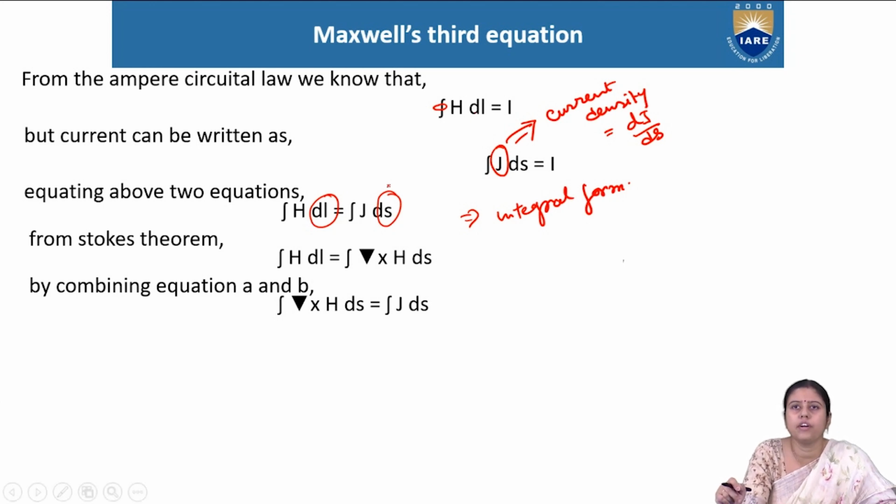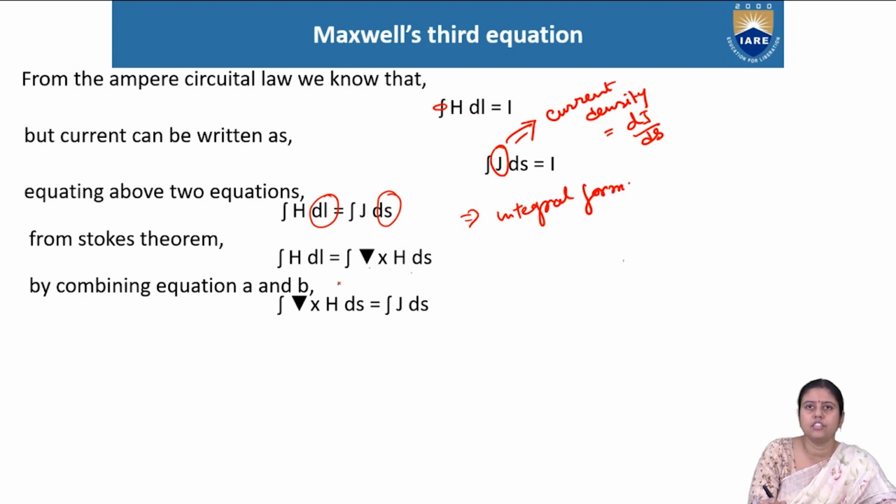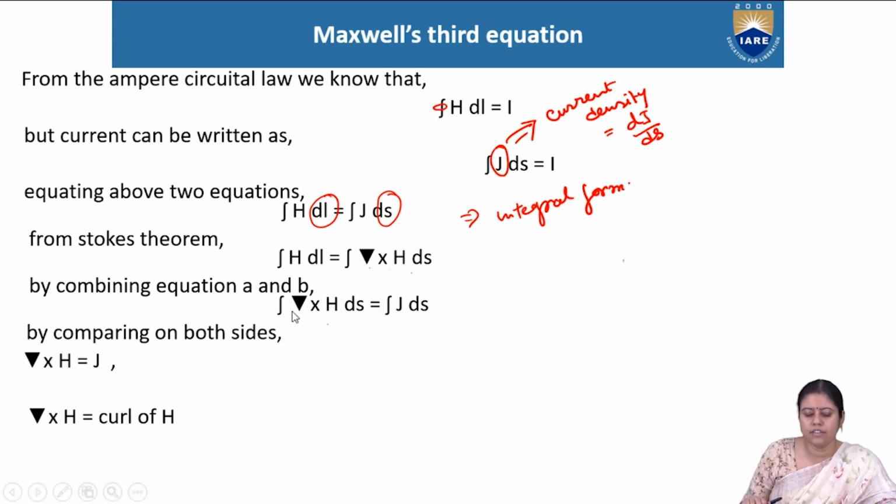We cannot equate the two directly. So how to change from dl to ds? From the curl of H: curl H ds is equal to J ds. So we can write curl H is equal to J. This is the current density in a conductor. But in the practical case, there is some dielectric medium. So what we get there is curl H is equal to J plus